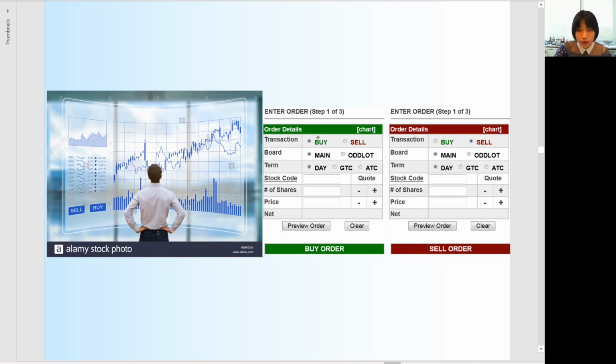So on the interface you indicate you want to buy, then you need to enter the number of shares you're interested in, let's say 100 shares, then at what price you're willing to pay. So you submit your price, then you hit the button Review Order. And at the same time, you're actually submitting a bid. For the 100 shares of stock, you want to bid such a price.